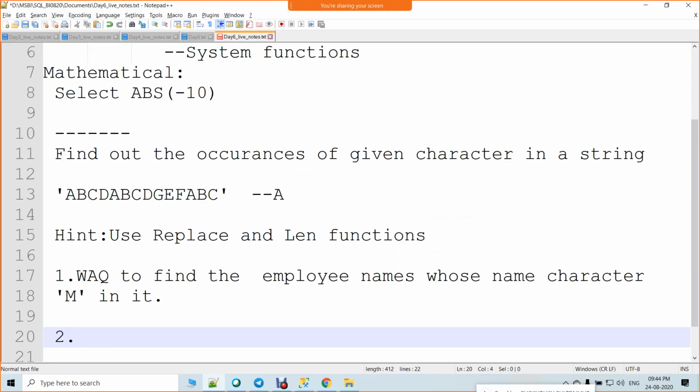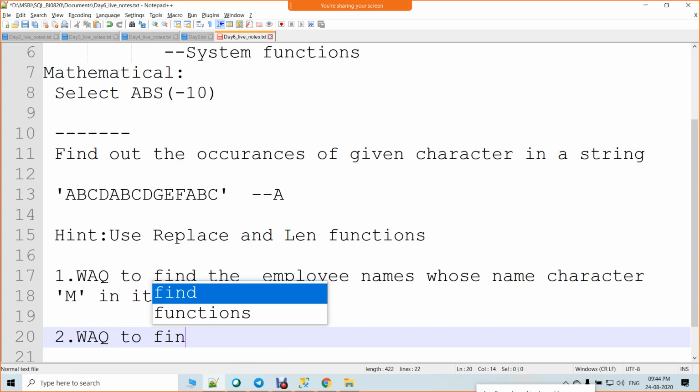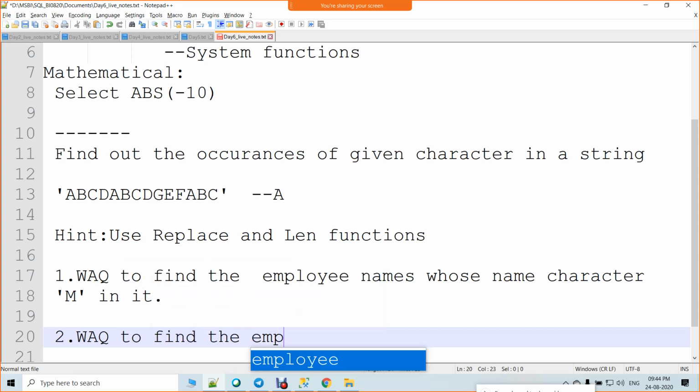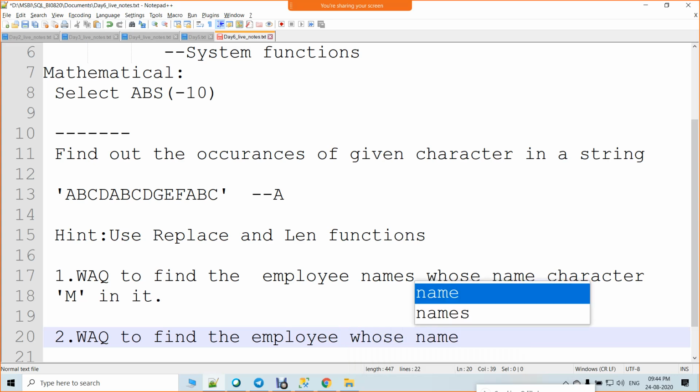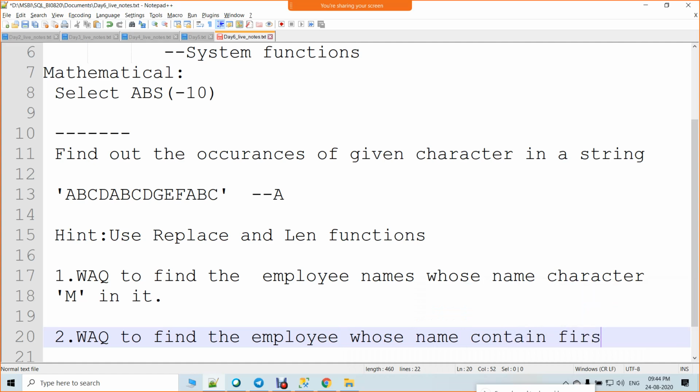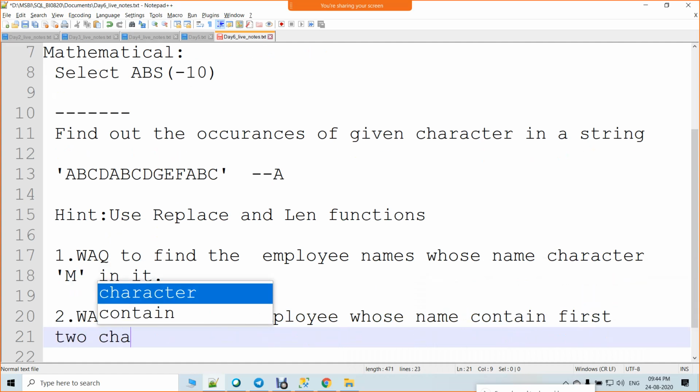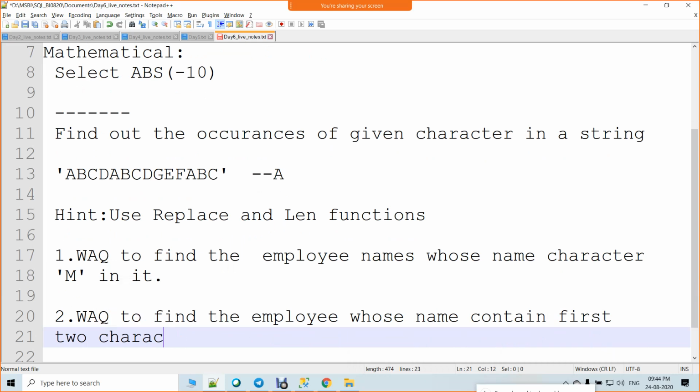Second question. Write a query to find out employees whose name contains the first two characters as VI, whatever it is.